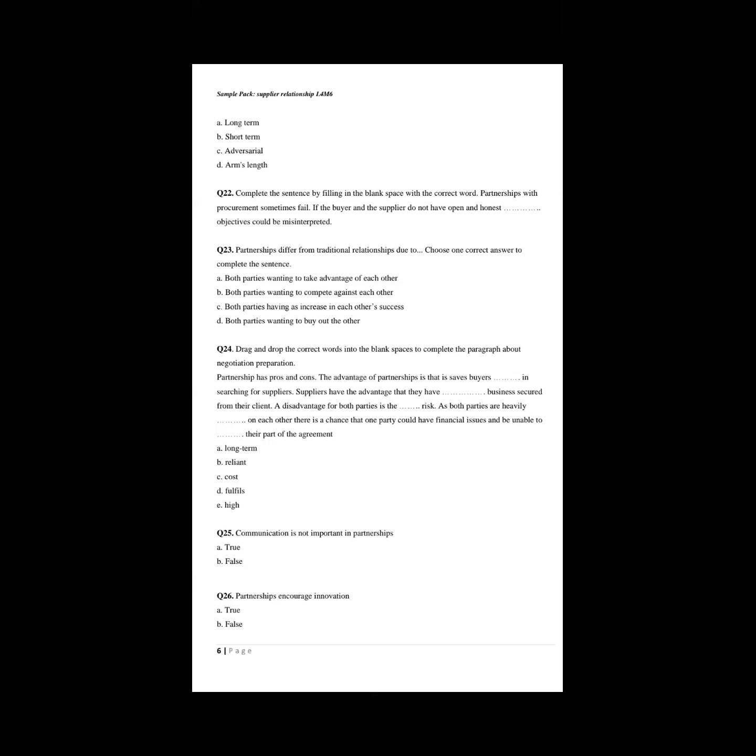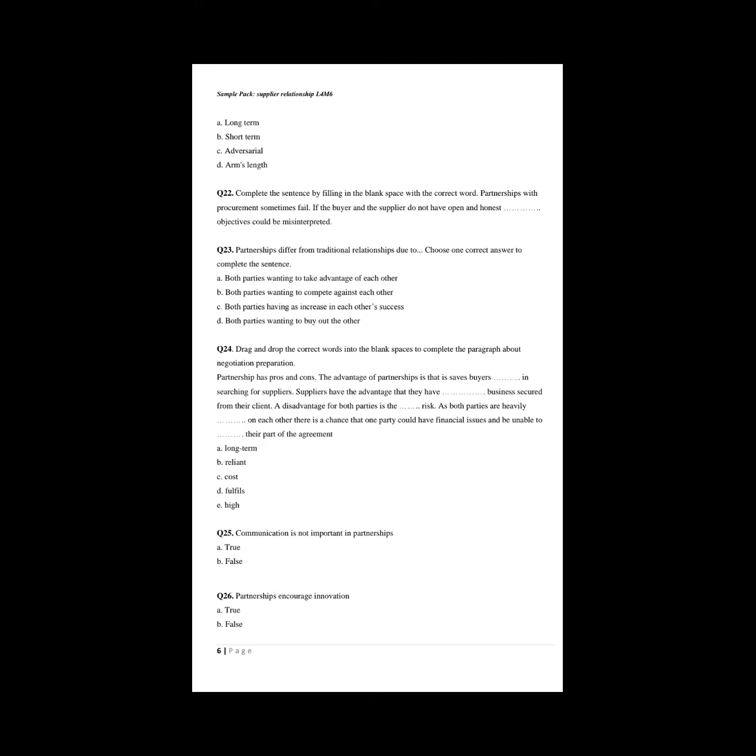Okay. Question 25. Let me say this: a partnership relationship can be very risky. You can be locked in a relationship that is not delivering the benefit you planned on getting. It's risky, and it requires a lot of investment. Even when you have options, you still won't do that. You will have to buy from this same supplier.